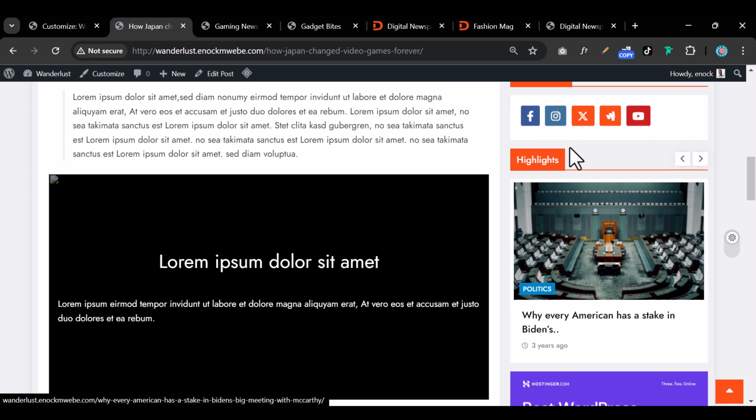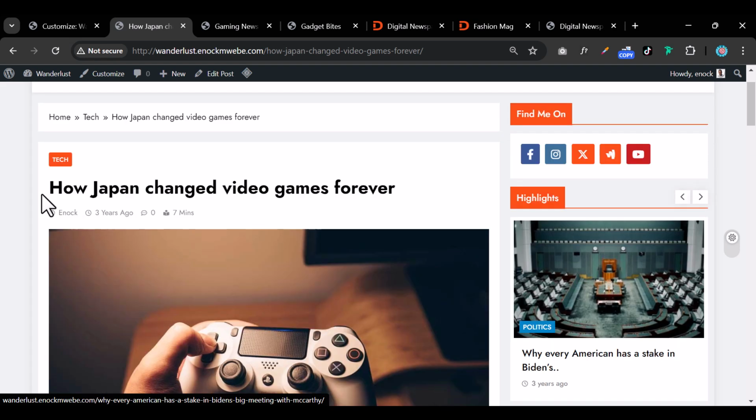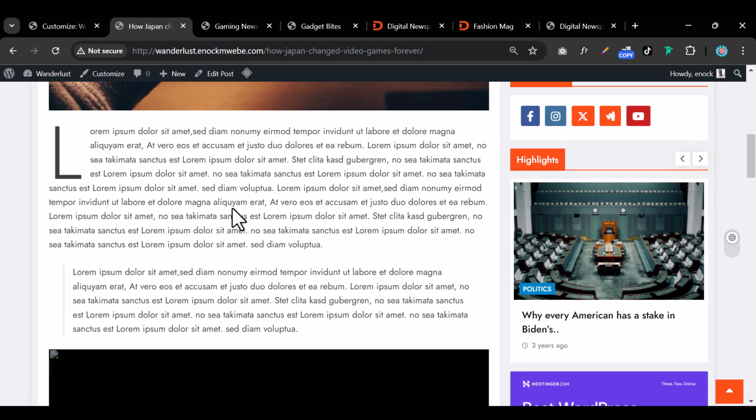Then also show you how to add these social media icons so that when people read your stuff, they can easily share it online on any of these social media platforms. So I'll be also showing you how to create search blog posts with these nice categories above. This is showing that's a 7-minute read, the author and the time you published it,